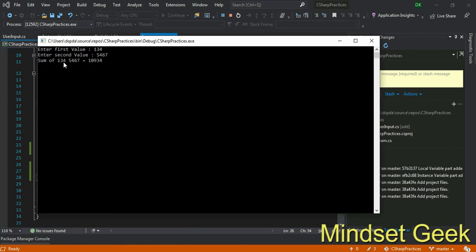Then the sum of these two values is this one. This is correct, right? Now the result is wrong, right? Result is wrong. There is a problem, right?